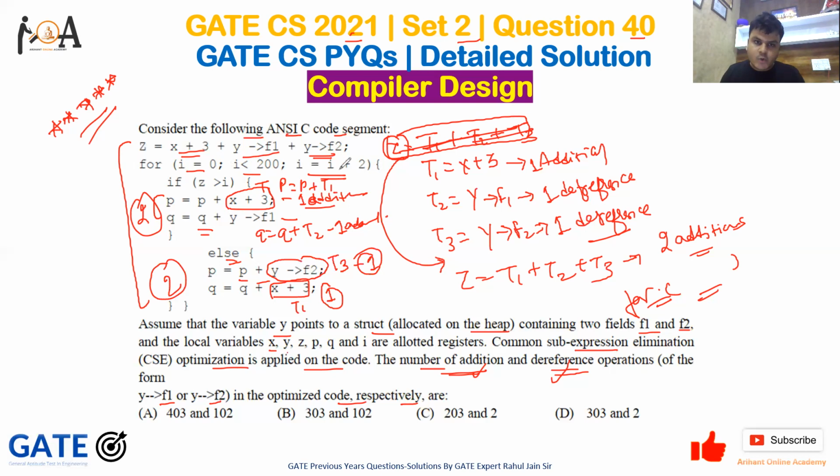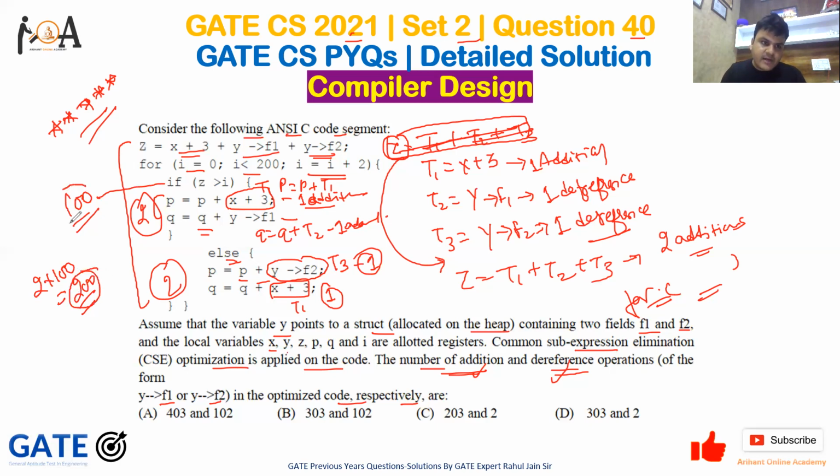Now, if you see, this for loop will run 100 times. So if it runs 100 times, then 2 into 100, that is 200 additions would be required in either if or else, because it has 2 and it has 2. At a time, either if will execute or else will execute, right? So 100 times this loop will run. So we have 200 more additions.